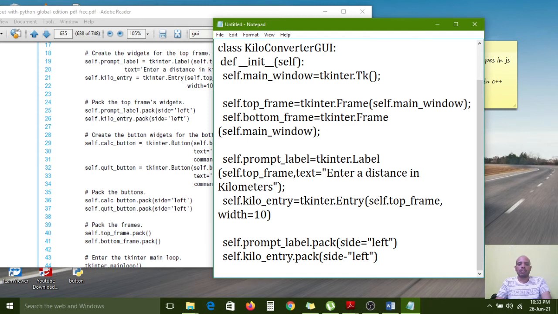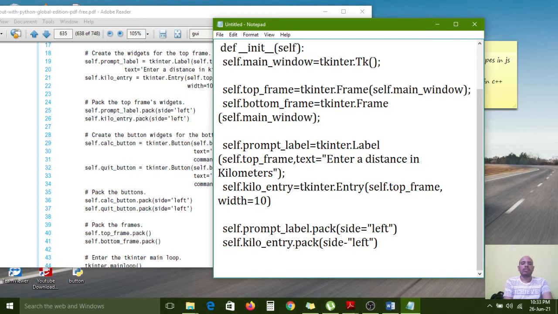Now in the bottom we have to create the buttons. Self dot calculation underscore button, in simple form we can use calc button, equal to tkinter dot Button method.